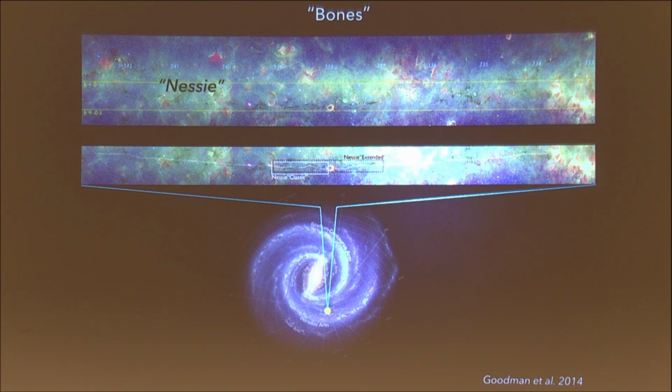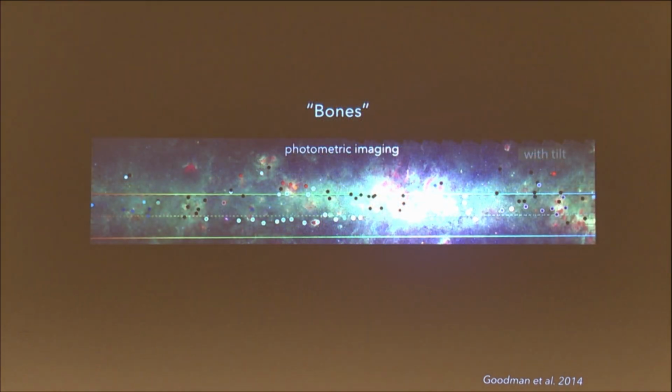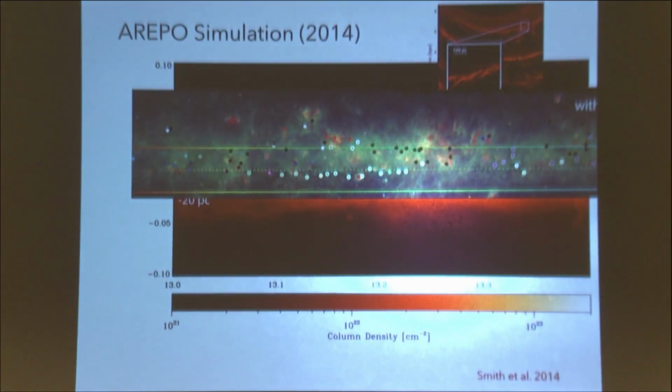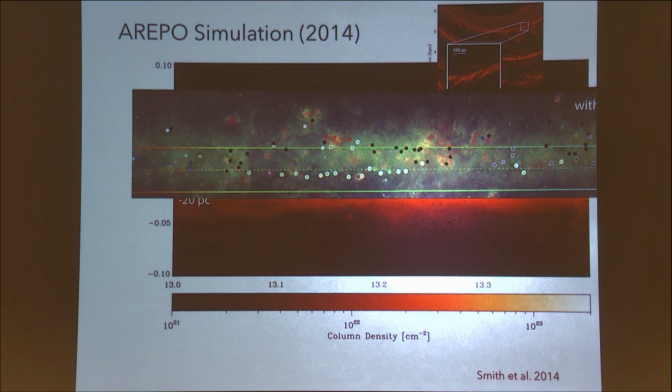Okay, so many people said, you know, are there more of these things? And so there are the numbers. I'm sorry, I should have put them on the previous slide, but 300 parsecs long and 1 parsec wide. And so, okay, so now remember those kind of numbers. And just so before we went and looked for more of them, we did look for whether or not you could see these kinds of things in any of the simulations. And actually, the simulation I showed you before, the one from Rowan Smith, thankfully came out at roughly the same time that we did this work.